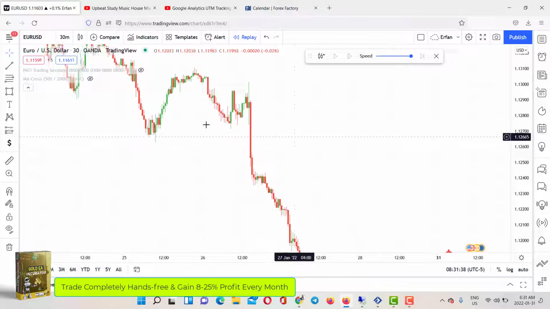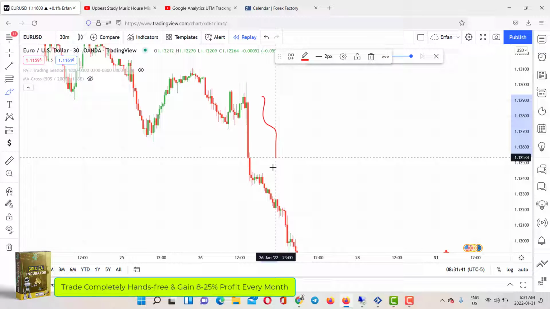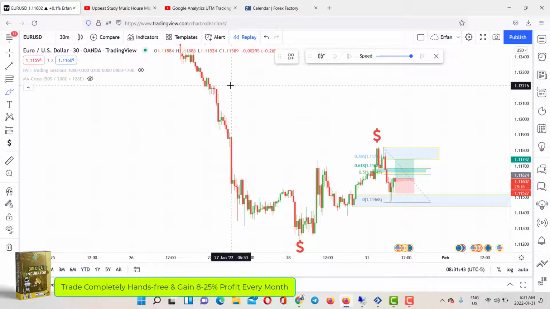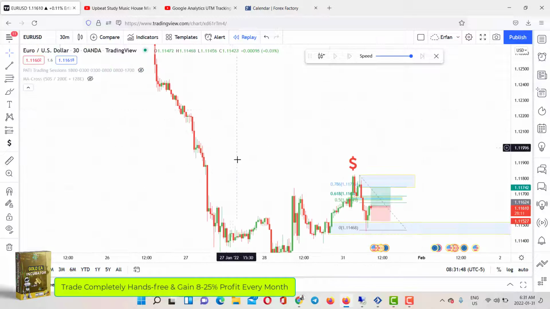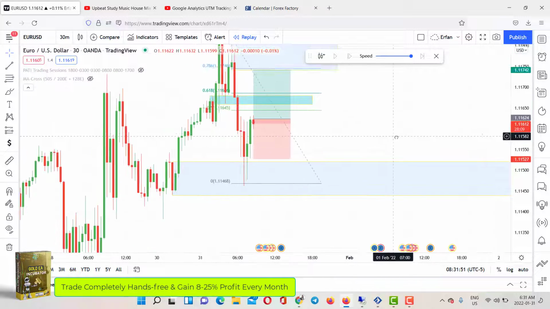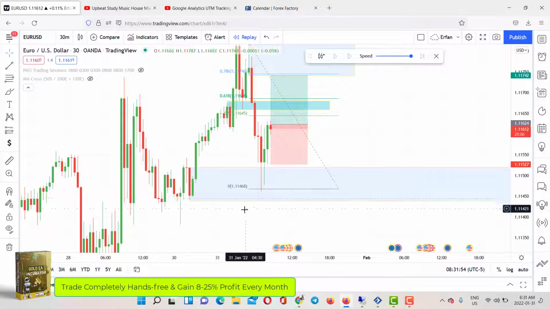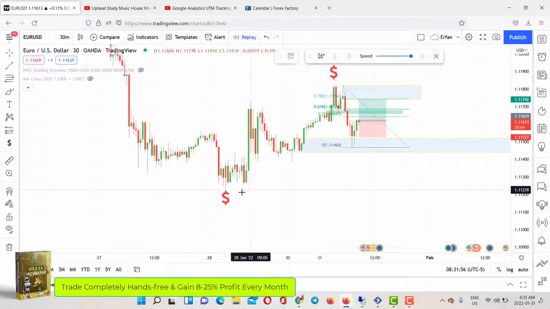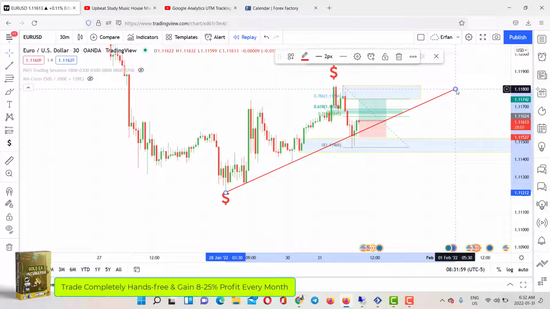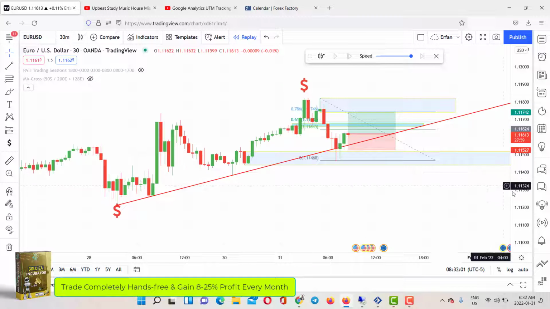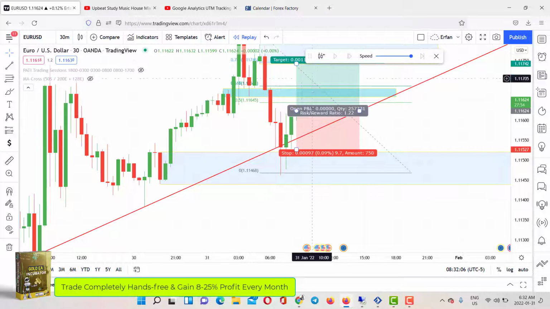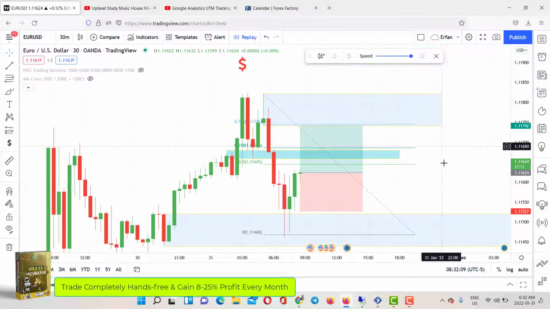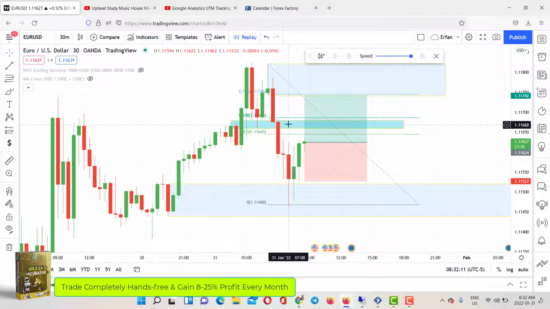Otherwise, look at these gaps here, look at all these gaps here, these gaps right here. See, these are all these gaps that need to be filled in, and that's why I'm saying that it's going to change the direction of the market. And with this trend line, it broke this trend line, kind of respected it. It's probably going up, down, and then it's going up. But Fibonacci wise, it's a really good zone. This zone that I just kind of drew with this